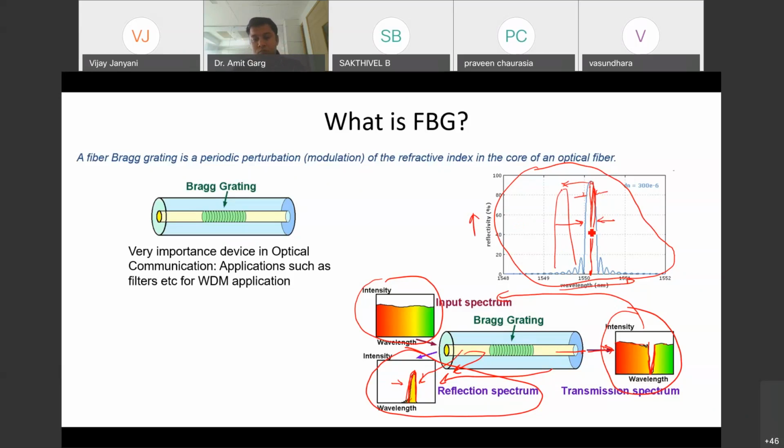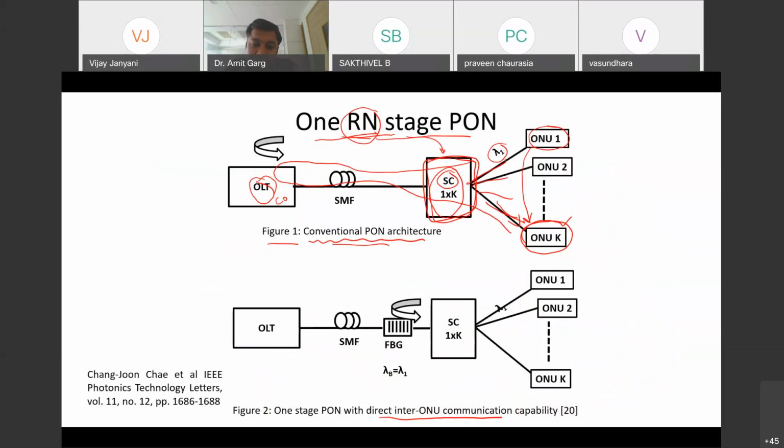So basically we can say that if I put an FBG anywhere in the circuit, broadly, if there are a wide range of input signals with a very wide spectrum incident on this, one of the wavelengths will be reflected back, let us say lambda B, and everything minus lambda B will be transmitted. So that is the function of an FBG. Now let me go back to the previous slide.